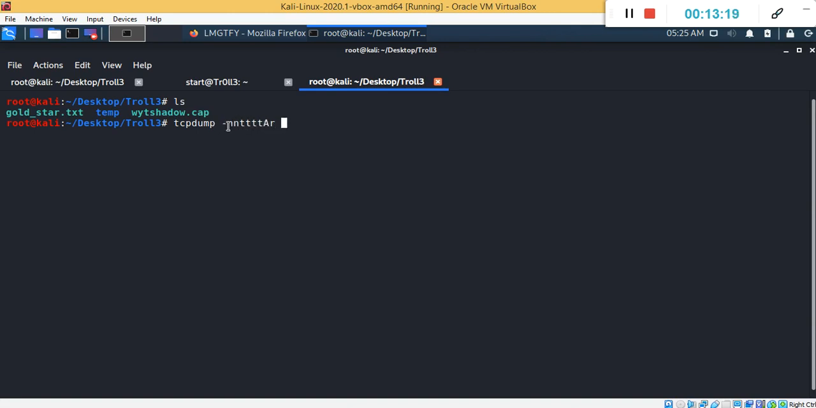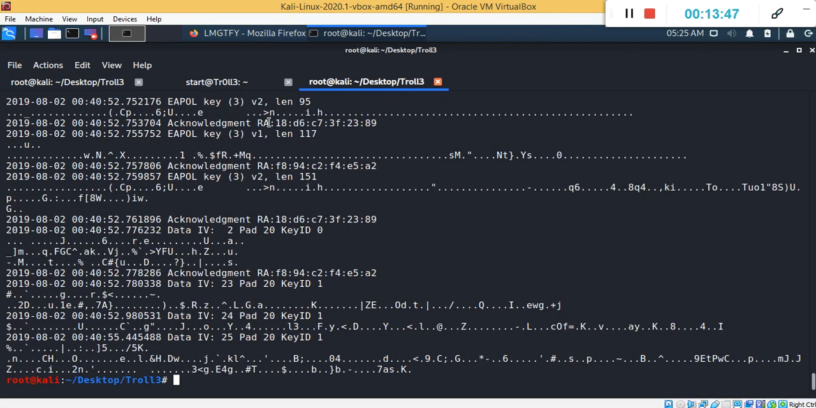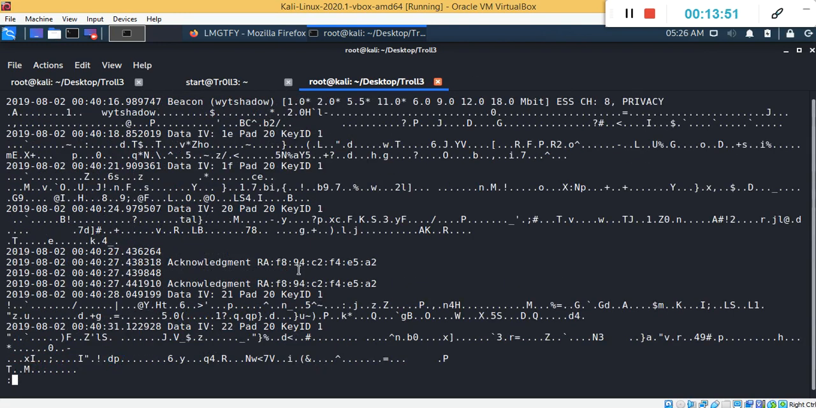So tcpdump -nn is for not resolving names. I want to display all the ports without resolving them to names, so basically it stands for the numbers of the ports. The -tt is for changing the time format. The -A stands for printing in ASCII format, and -r is for reading a file which I will be giving as an input. So I will give white shadow.cap, sorry my bad, .cap as input, and this is the packet